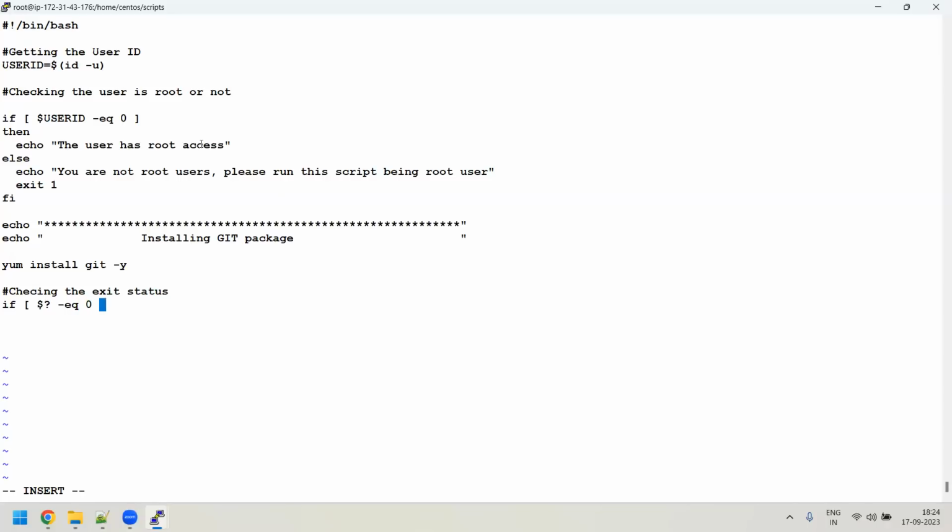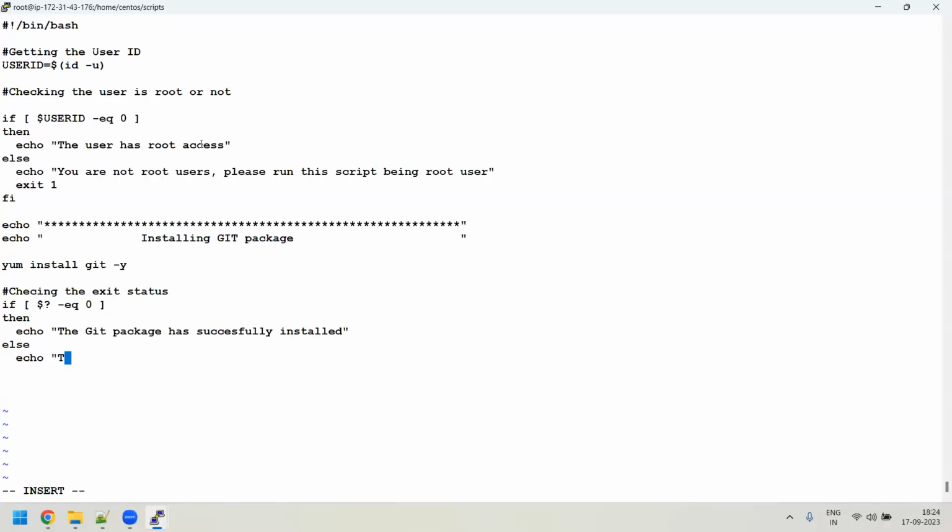If it is equal to 0, then you will say echo the git package has successfully installed. Else